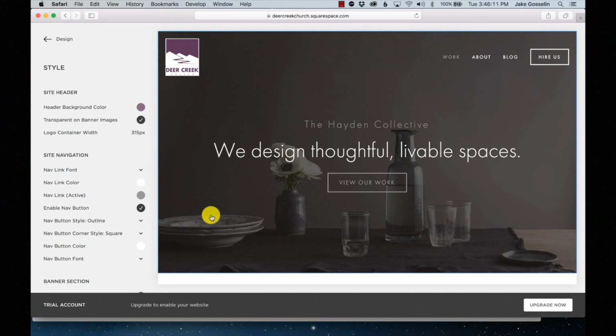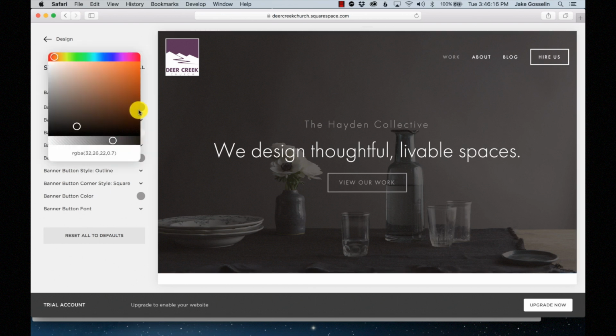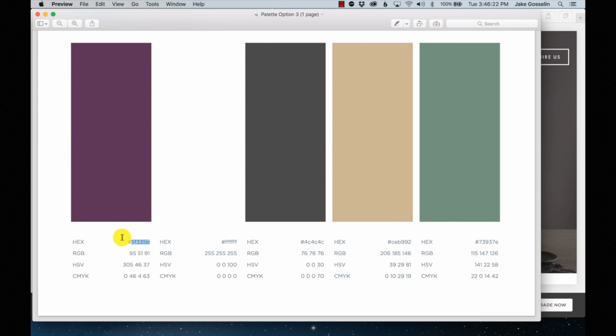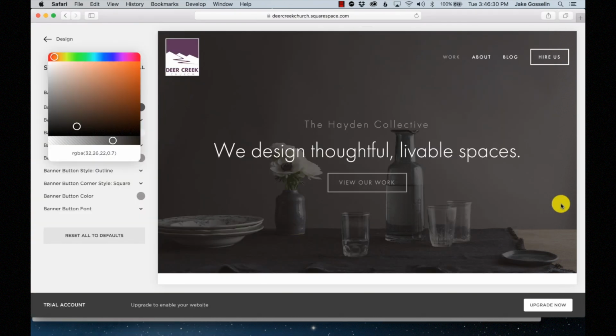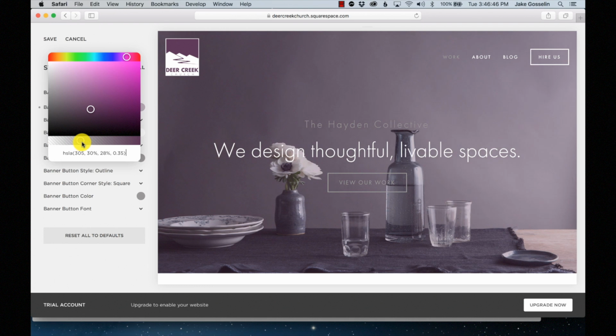Another parameter I want to change is the banner overlay color. When I click on the banner, it brings up this parameter here on the side, and then I just need to type in the color code for that color, which I want on this site for the banner overlay color to be this purple here. So the code is 955191 because it's asking me for RGBA. So I'll put 955191, and now we have this purple overlay, and maybe I'll just increase the transparency to about there